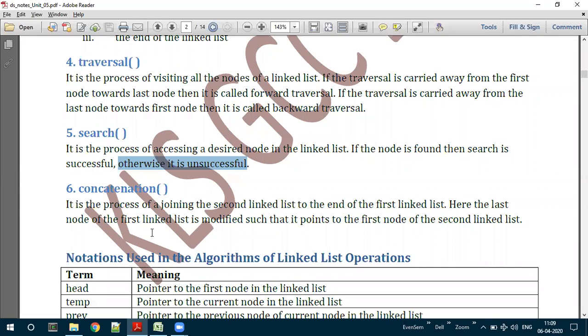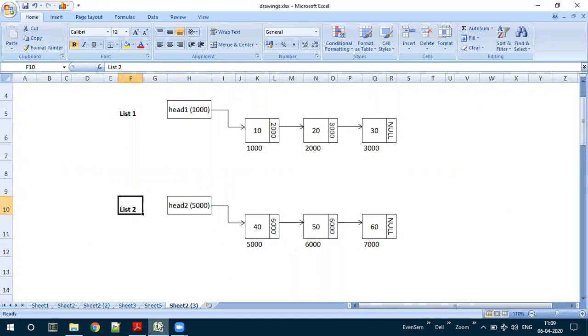Since here we are talking about linked lists, we are going to combine two linked lists into a single linked list. So how to perform this concatenation operation? Let us see here. Now, students, is this particular window visible to everyone? Yes, sir. Okay. So far, are there any doubts about what we have briefed?